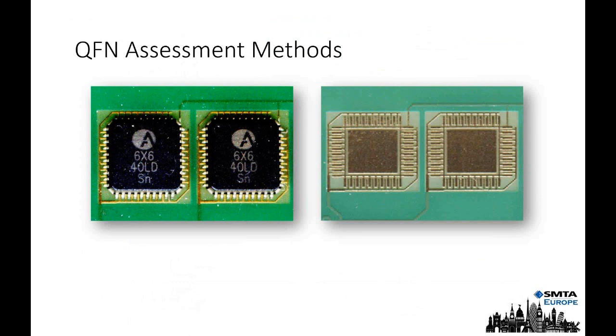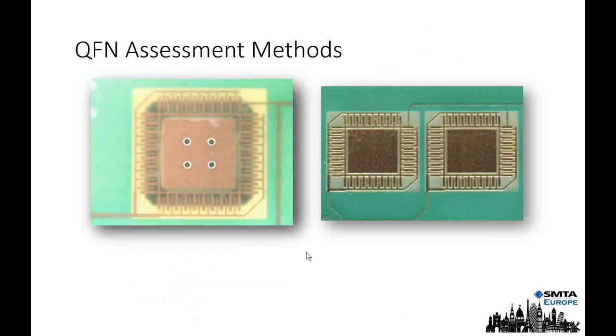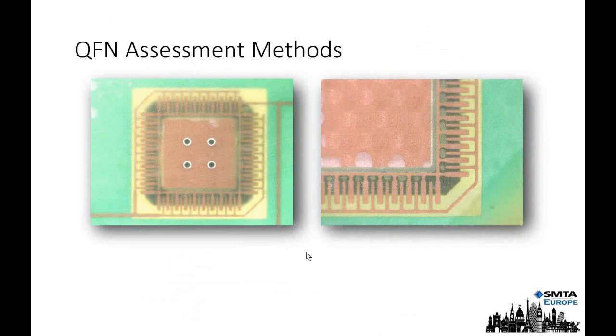This is just a close-up of the packages on the surface of the printed circuit board. The other technique that I use to look at these is what I call back grinding. So rather than ripping the component off the board, I like to back grind. So it's grinding through the board to look at the back of the device and expose the pads. And then if there is any corrosion products, if there is any residue, if there is any dendrite formation, it's visible straight away from the back view. So I find this a very useful technique, and I've used it for many years.